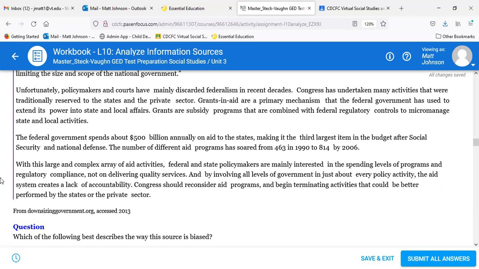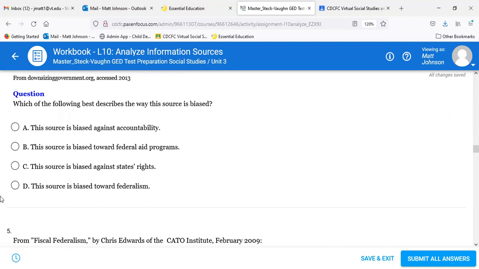Okay, so which of the following best describes the ways this source of bias? A, this source is biased against accountability. B, this source is biased towards federal aid program. C, this source is biased against states' rights. D, this source is biased towards federalism. Is it